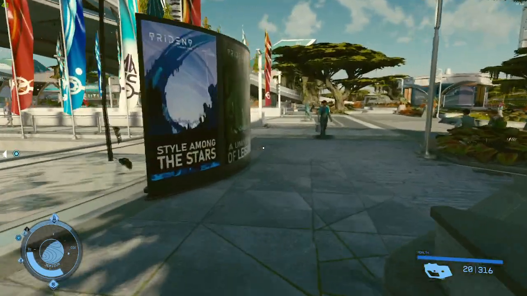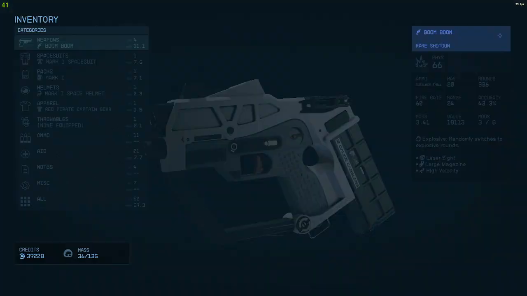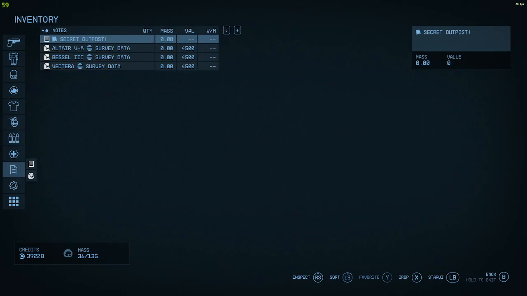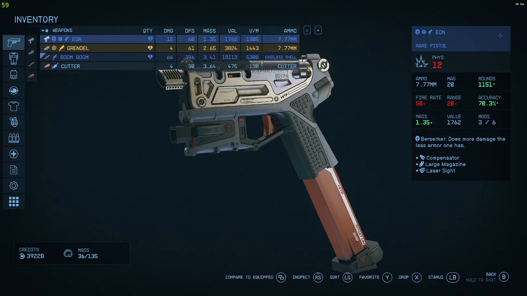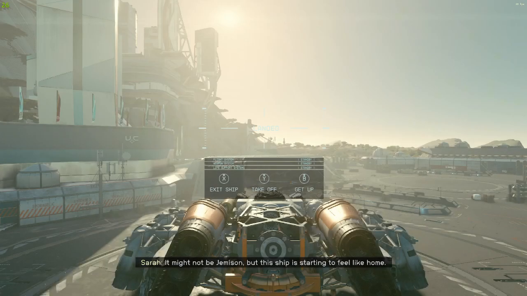So with that being said, we are on our way. How are we looking? I don't think we have to sell anything. I think we already did all that. Yeah, so we're good. So let's go to our frontier ship. And we are going to move on with this